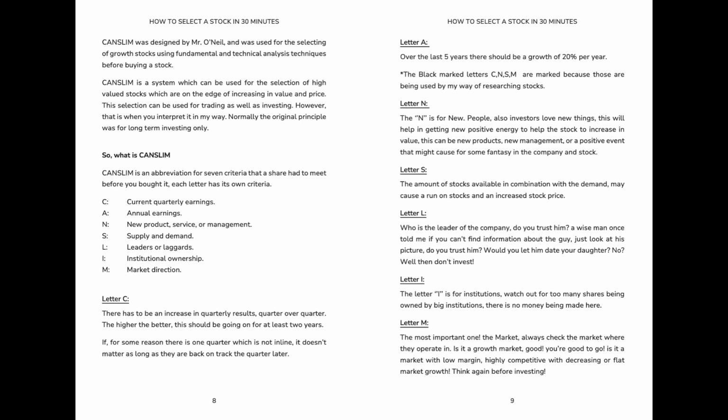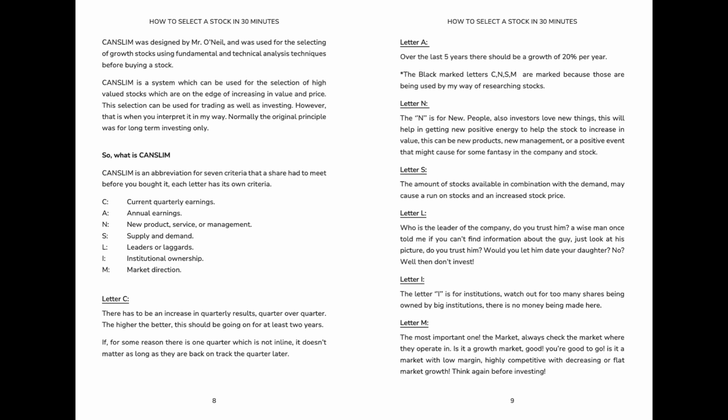Letter C. There has to be an increase in quarterly results, quarter over quarter. The higher the better. This should be going on for at least 2 years. If for some reason there is one quarter which is not in line, it doesn't matter as long as they are back on track the quarter later. Letter A. Over the last 5 years, there should be a growth of 20% per year. Asterisk: the marked letters C, N, S, M are marked because those are being used by my way of